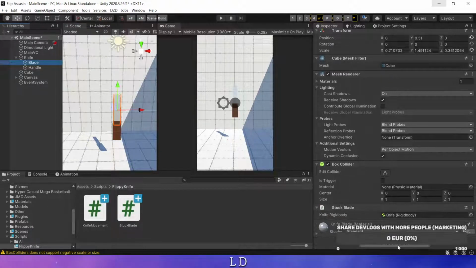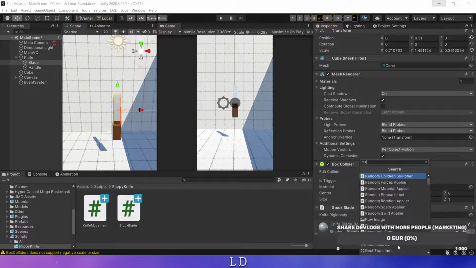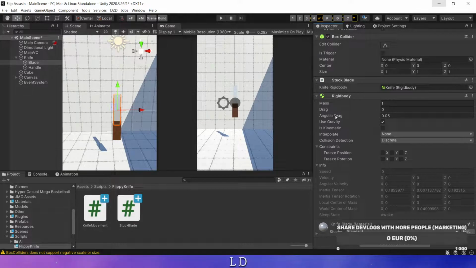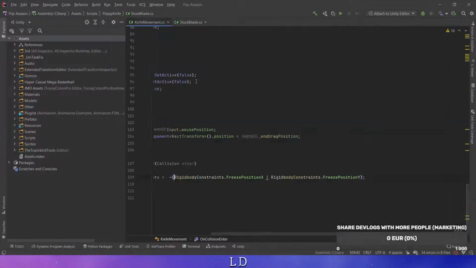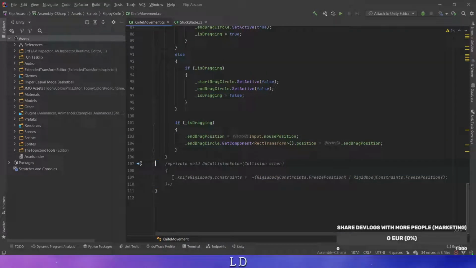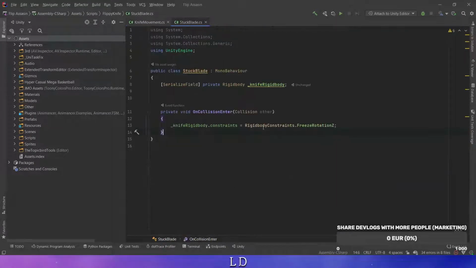So this needs a rigid body as well, I guess. Although it's bad, because how can I do this? I mean, I can make it kinematic somehow. And I can test it out by just removing this, writing this here,